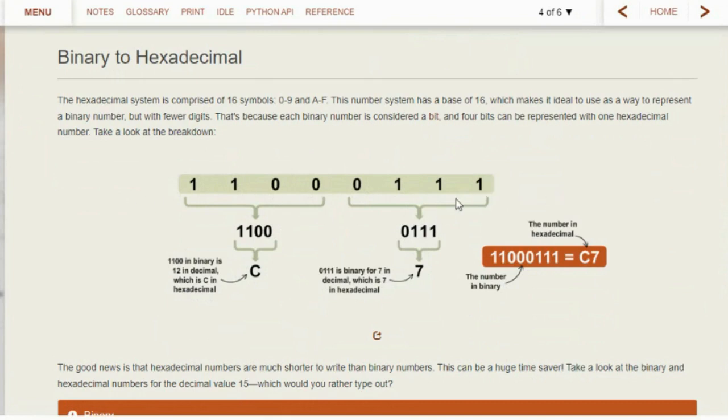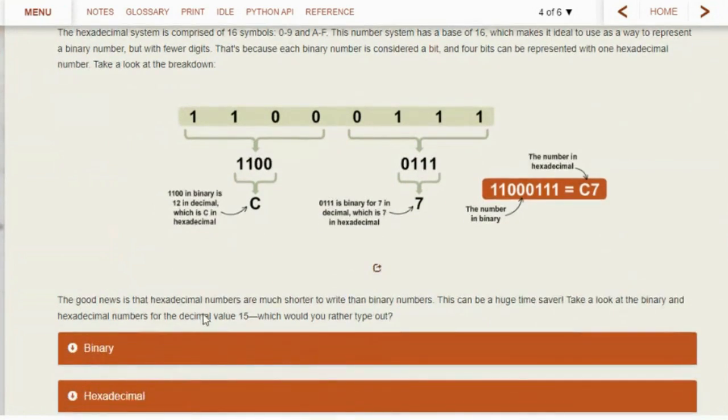C7. So for every 4 binary digits, that's 2 to the 4th power, which is 16. So you can take every 4 digits and convert it to a hexadecimal number. So 1100 converts to C, 0111 converts to 7. C7 is the hexadecimal equivalent. So the good news is the hexadecimal numbers are much shorter to write than binary numbers, which is a huge